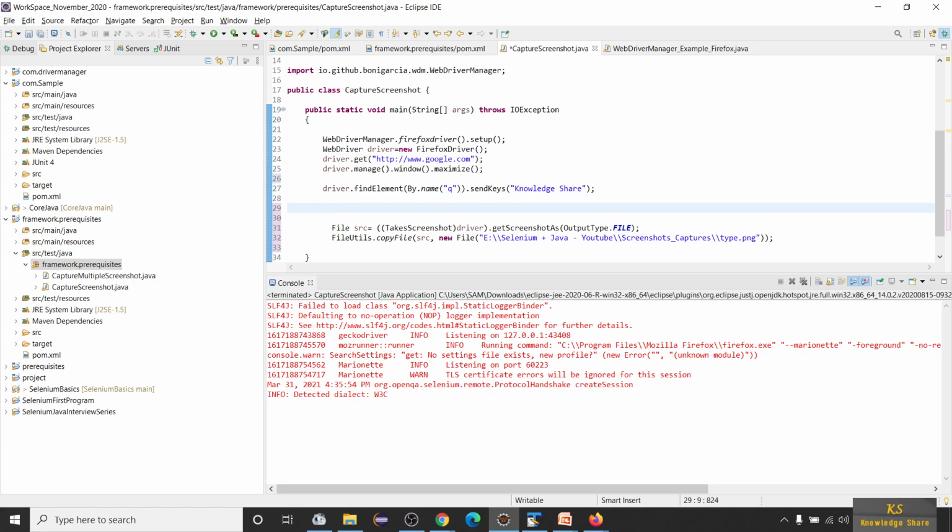So let me write a method, public static void capture. I'll just say capture because I already renamed the file, right, to capture. Oh, I think I'm modifying this capture screenshot, right?